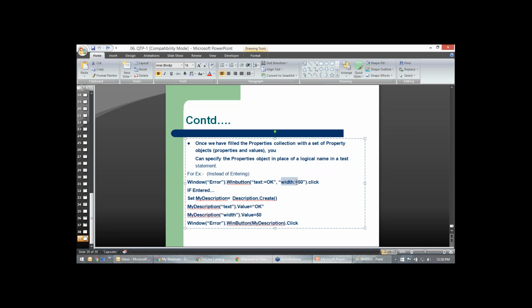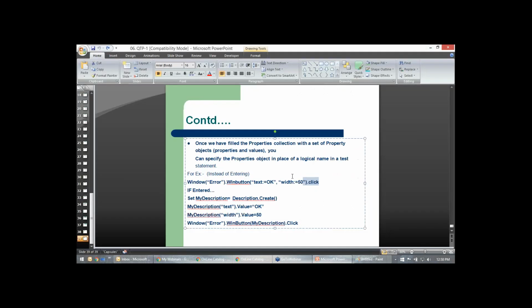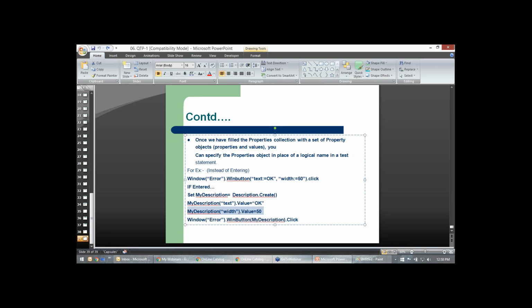And dot click means click on it, like you click the mouse on the browser. That's why you are telling QTP to dot click. Then you are putting these values, set my description, create. Again you are giving a property and its value is okay. So this is an example of descriptive programming.